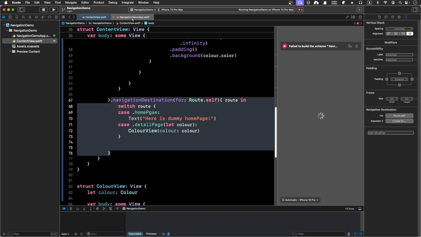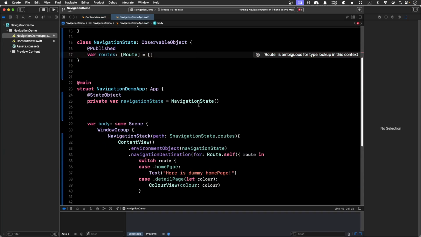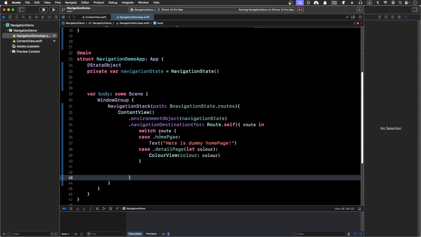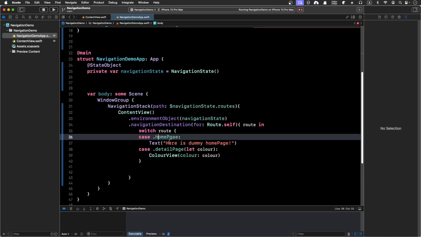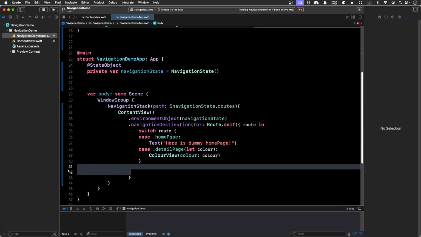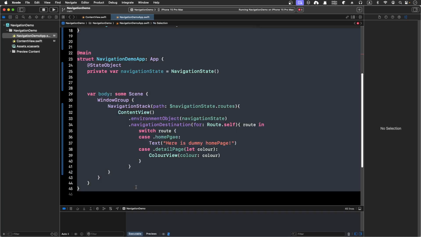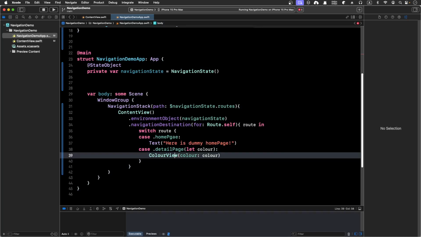Okay, and you've got the navigation destination here. So we can get the switch of routes, and we can go to home page, and we can get the color view. Okay, and let's just get rid of all this empty space, select all, and reformat that. Okay,